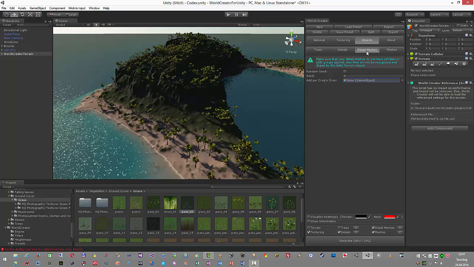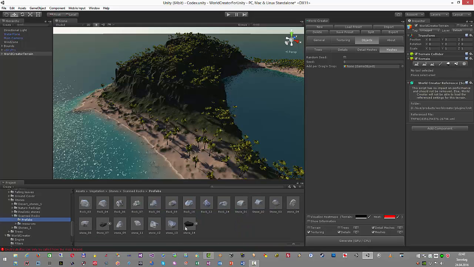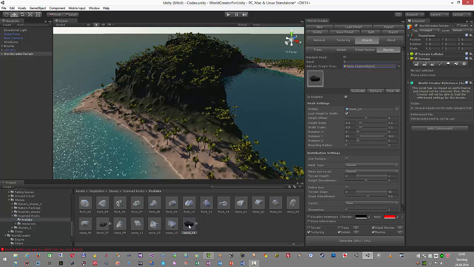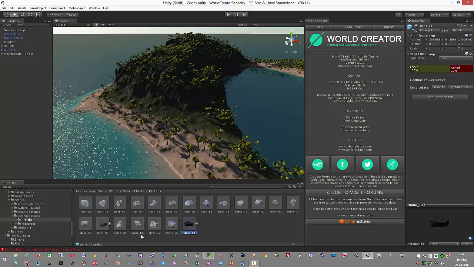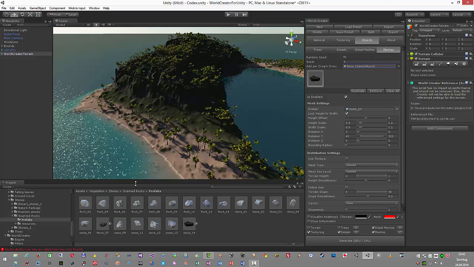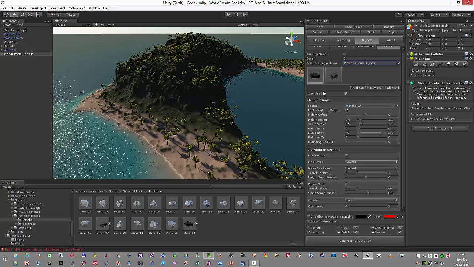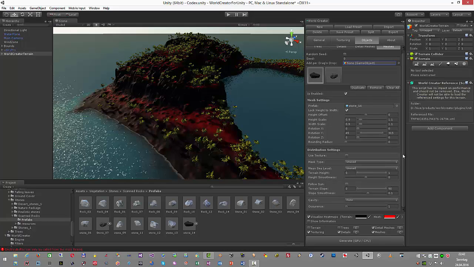Okay, the next would be good placing some detail meshes. Actually, I don't really like the detail meshes of Unity. I prefer the meshes with LOD groups to get better results, better lighting for everything. So now let's see what we can do. Some scanned rocks here around, so we could use this one. These ones have LOD groups, as I know, yeah, but this one here not, so be careful with that. Make sure that you're using objects that have different LOD levels, else you will get really big troubles with